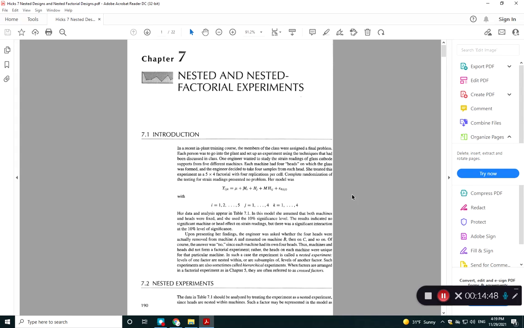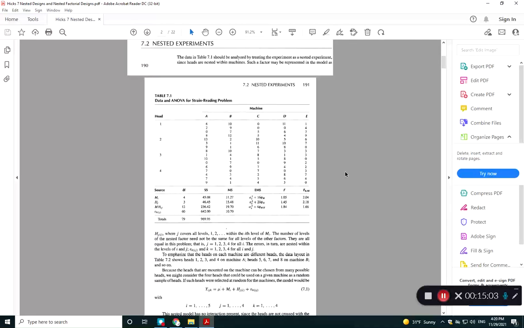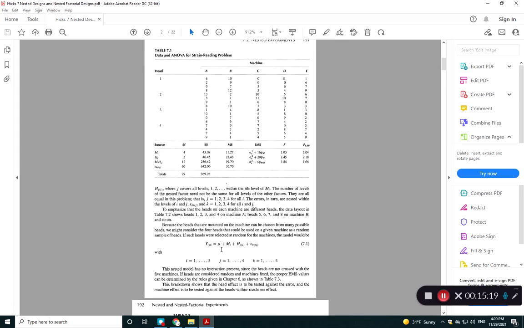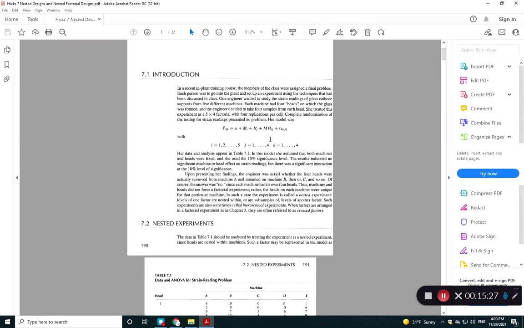right? Agree? So the performance could be high, could be low, based on where the central station mu is, and the machine effect, head effect, machine-head interaction term. However, if I treat it as a nested experiment, and now suddenly, okay, I have different machines and I have different heads. And then see here, there's no machine-head interaction anymore because you will pull the machine-head interaction term, add it to,